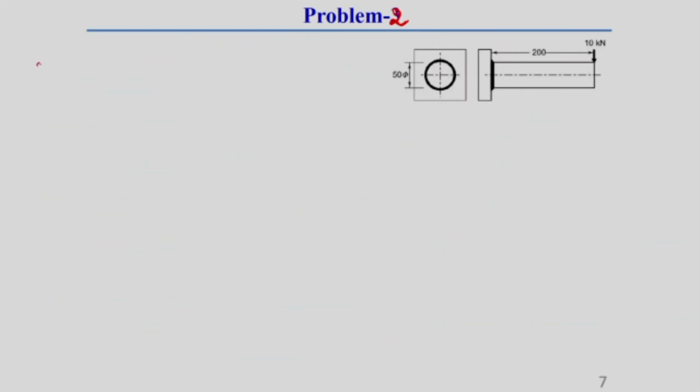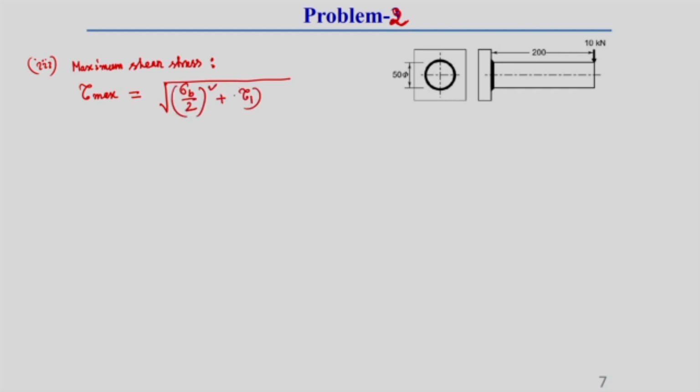So, the third step of this problem is maximum shear stress calculation. So, what should be the maximum shear stress calculation? This formulation is very well known to us. We know that it is the square root of (sigma b by 2) whole square plus tau 1 whole square. So, this sigma b by 2 is known to us, that is